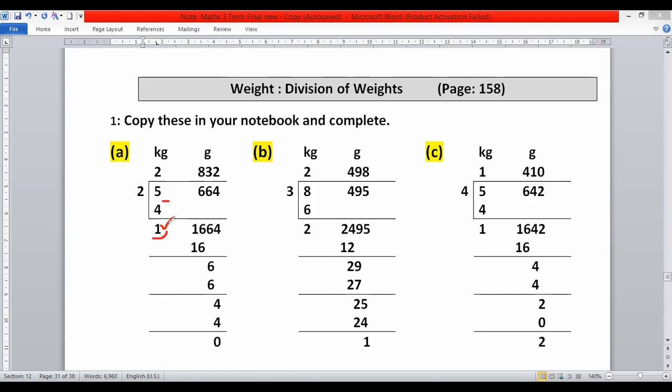So this 1 means 1 kilogram. We cannot divide 1 by 2. So this step is very important. Remember that here we change 1 kilogram into gram. We know that in 1 kilogram we have